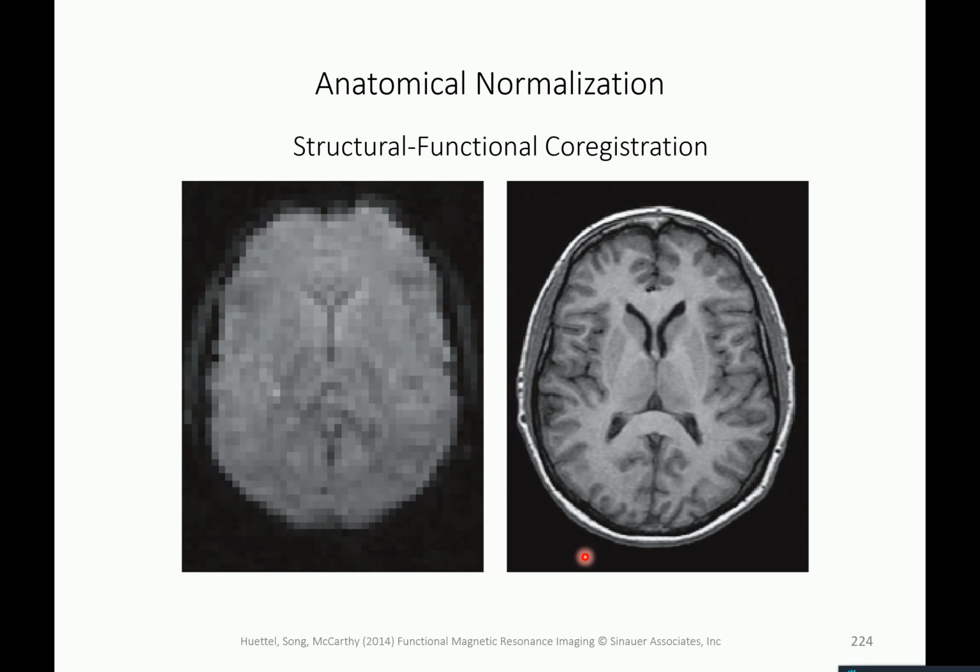At the same time, they co-register the structural data, so the T1 data, and the EPI data. So they try to align the EPI data, which of course always looks a little bit crappy, with the T1